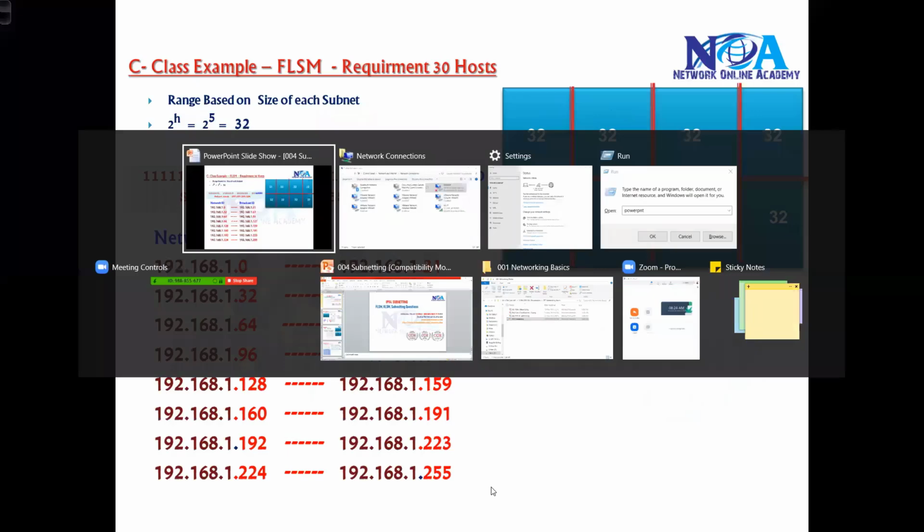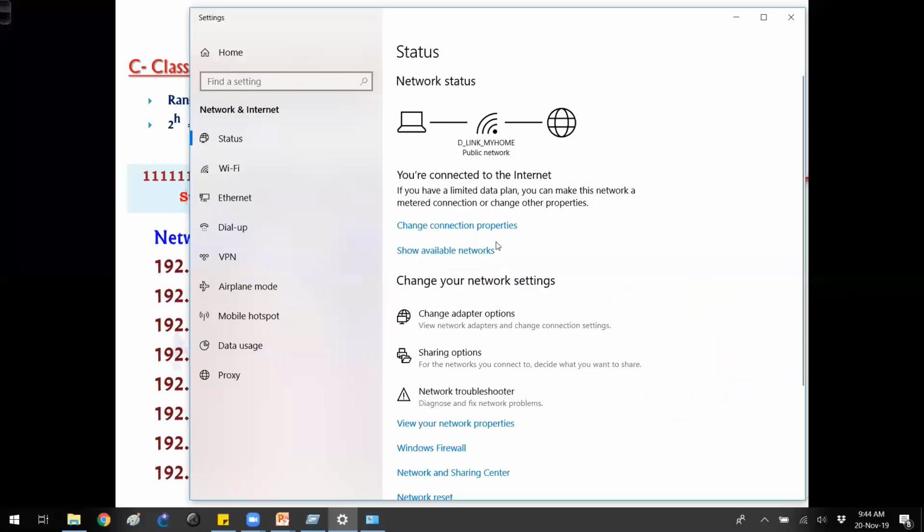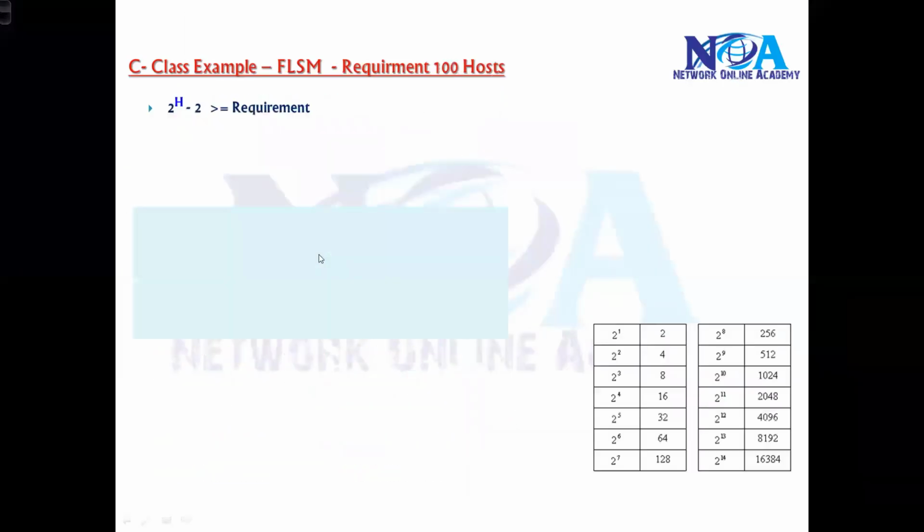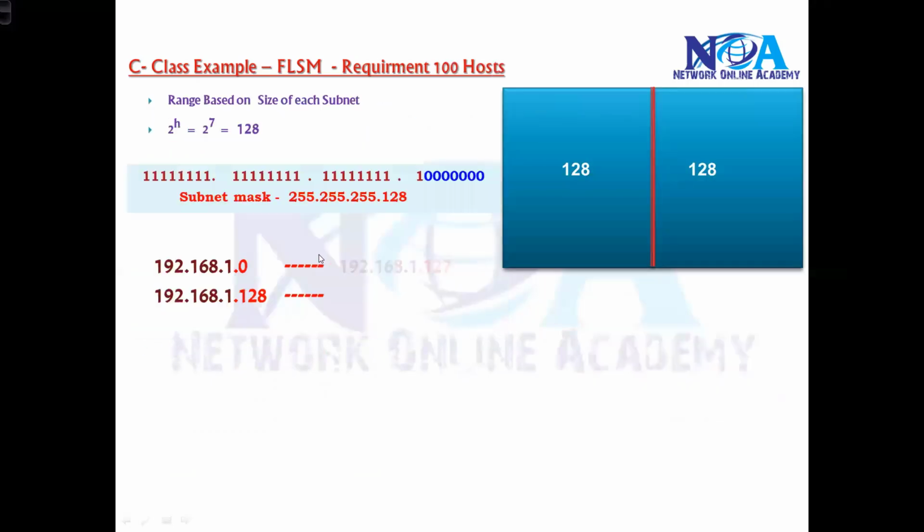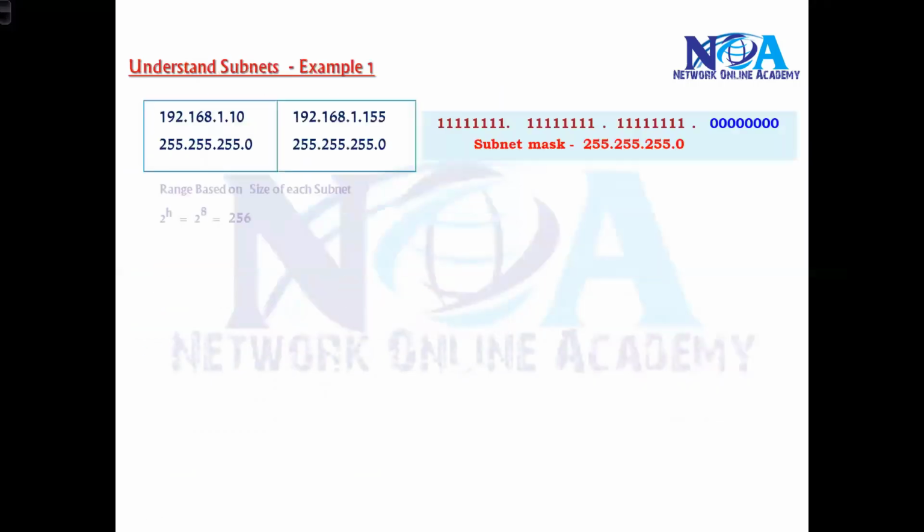In a similar way, if you want to try some more, you can try it out, but this is what I want to show you here. The subnetting calculation is all for our understanding. If you go to production networks or the exams or anywhere, you will not be asked to calculate all these things step by step like I showed you.